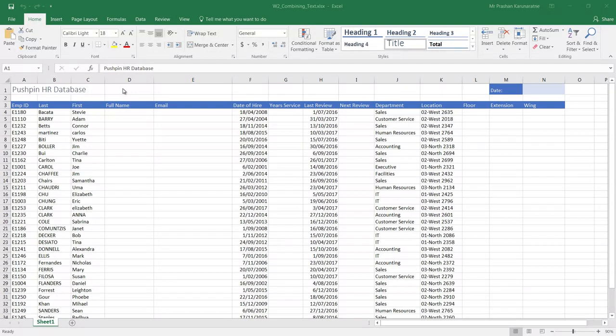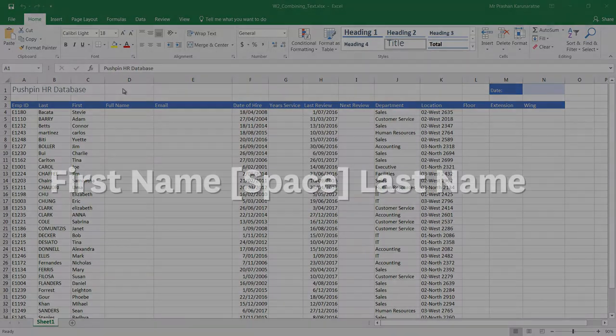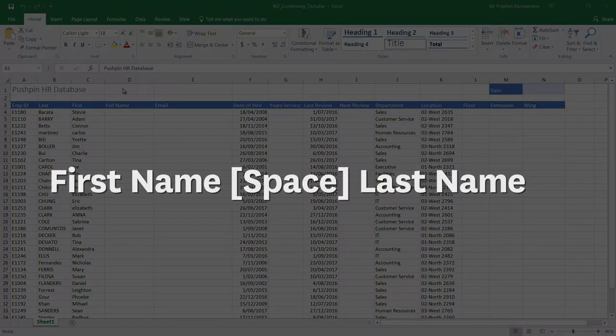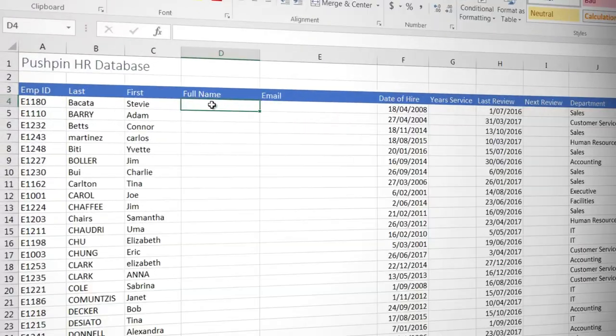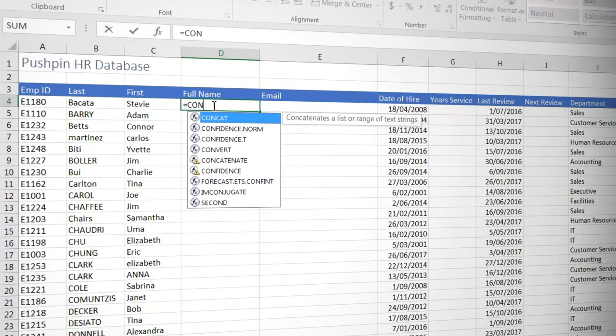The result we are after here looks like this. The syntax we need to create this includes 3 elements: the first name, the space, and the last name, separated by commas. We start by typing an equal sign in the cell that we want our result to appear, then start typing the first few letters of the function name, arrow down if you need to, and then tab to